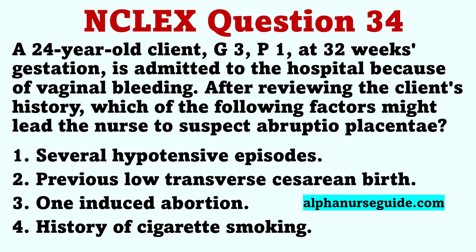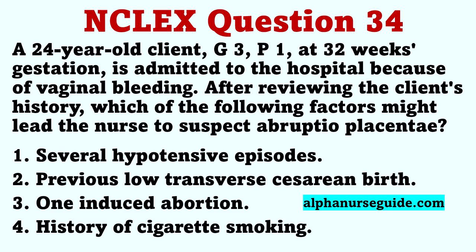The correct answer is 4. Although the exact cause of abruptio placentae is unknown, possible contributing factors include excessive intrauterine pressure caused by hydramnios or multiple pregnancy, cigarette smoking, alcohol ingestion, trauma, increased maternal age and parity, and amniotomy. A history of hypertension is associated with an increased risk of abruptio placentae. A previous low transverse cesarean section and a history of one induced abortion are associated with increased risk of placenta